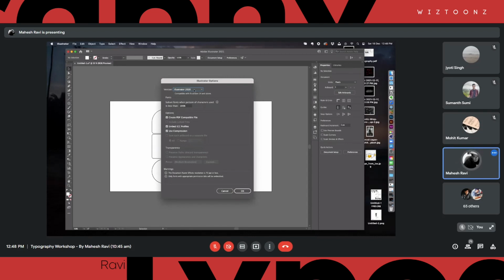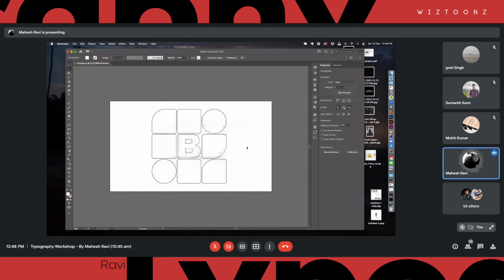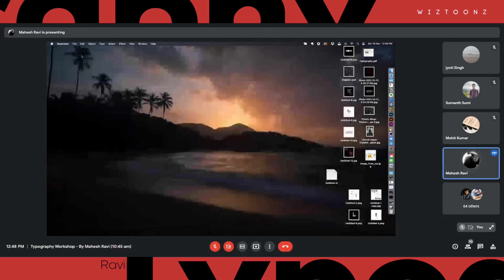It's a very, very simple tip that whenever you're taking it onto another tool, try to simplify it as much as possible, right? If there is complicated data in it, it might not be able to read it. So what I always do is go to Illustrator 8, right? If I want to take it into a different tool, I will save it to Illustrator 8 and click OK. Now it will say that a lot of features are not available and all those things. That is okay. We saved it and we have the boas.ai file right here, right?